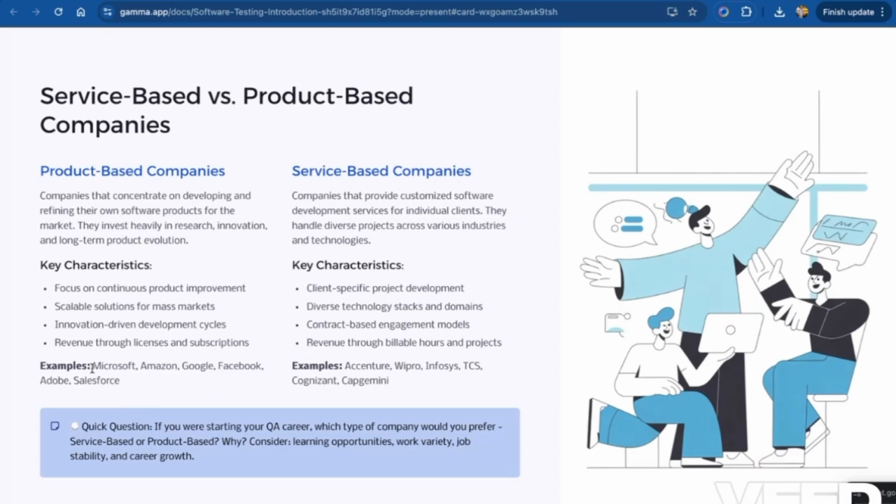So these organizations are product based, and we already used almost all the companies' products, right? Whereas service based companies are Accenture, Wipro, Infosys, TCS, Cognizant, Capgemini. How do these companies work? These companies have their clients, and their clients provide them their specific requirements for which they work based on